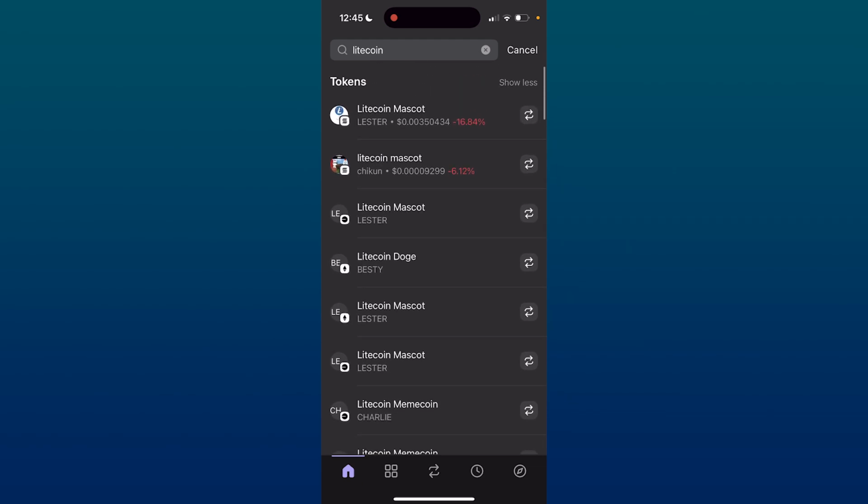So once you've actually found your Litecoin, you click on this little icon that looks like a swap option depending on the one you want to swap, and you can simply swap your Solana, Ethereum, or any crypto you have in this app into Litecoin. Now currently it doesn't look like it's on the Phantom Wallet app, but that's how you